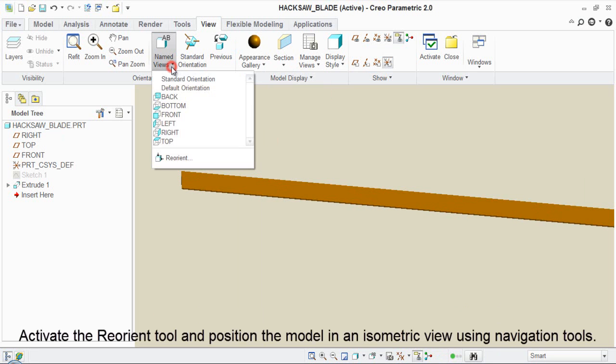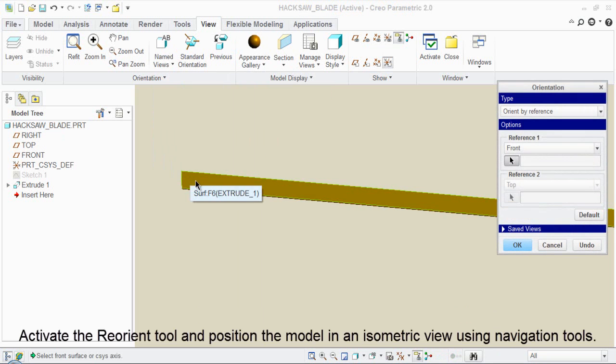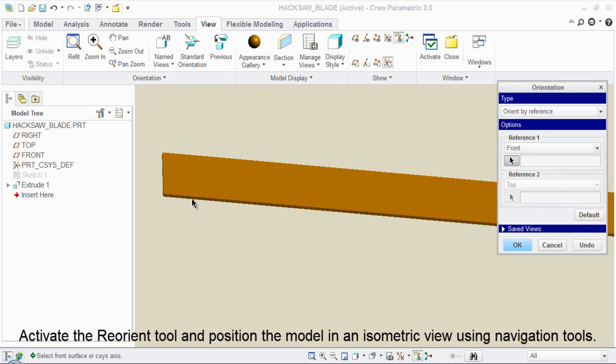Activate the reorient tool and position the model in an isometric view using navigation tools.